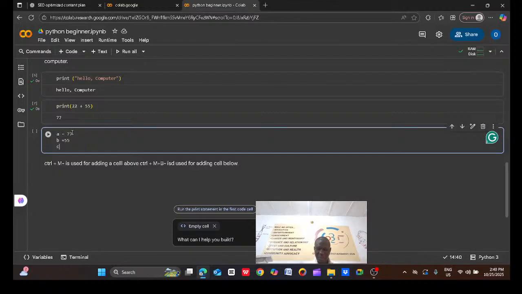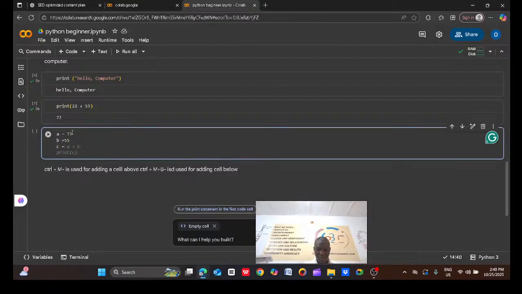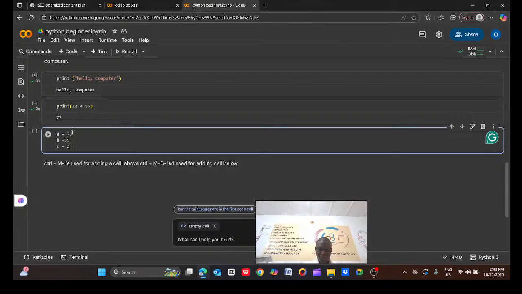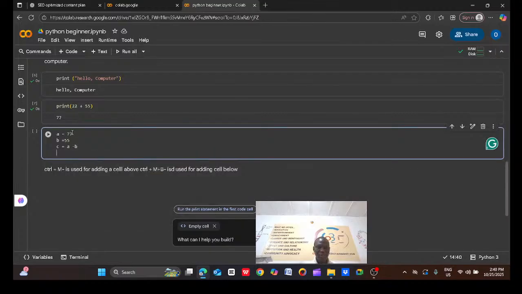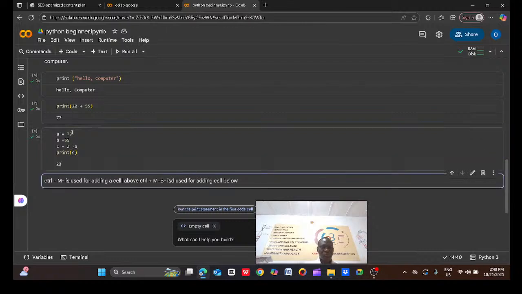Now let us assume that c is going to be a minus b. So what we are going to do is print c. Let's see what it is going to bring. You can see 22. If you subtract 77 minus 55, you will see that it's going to bring that.